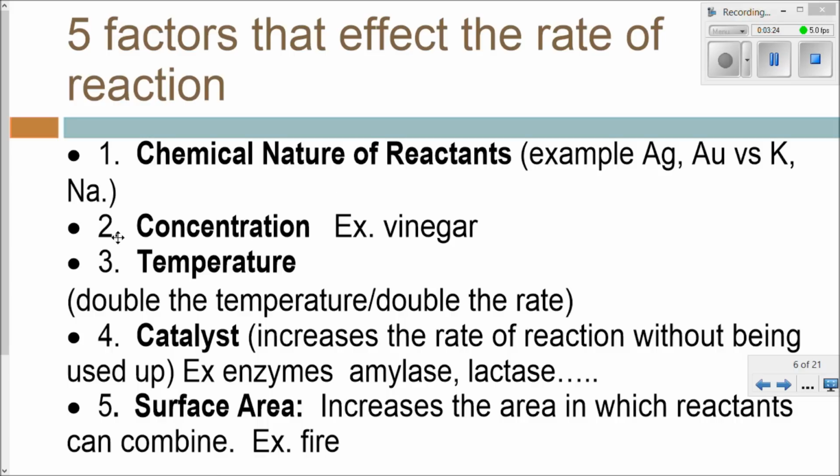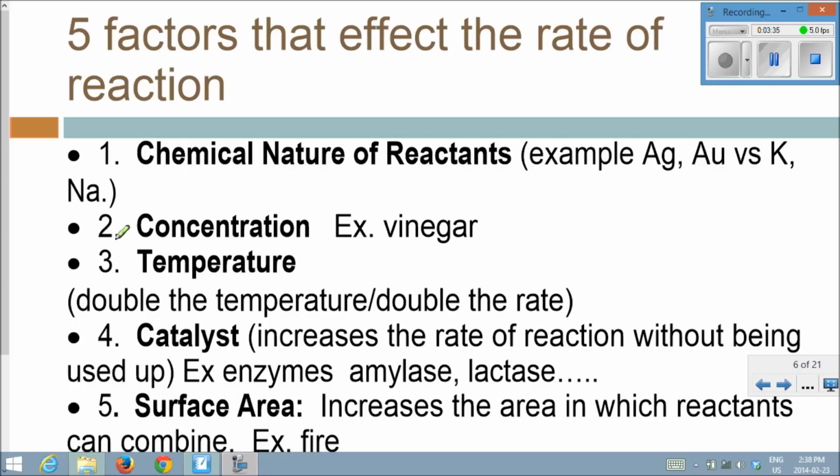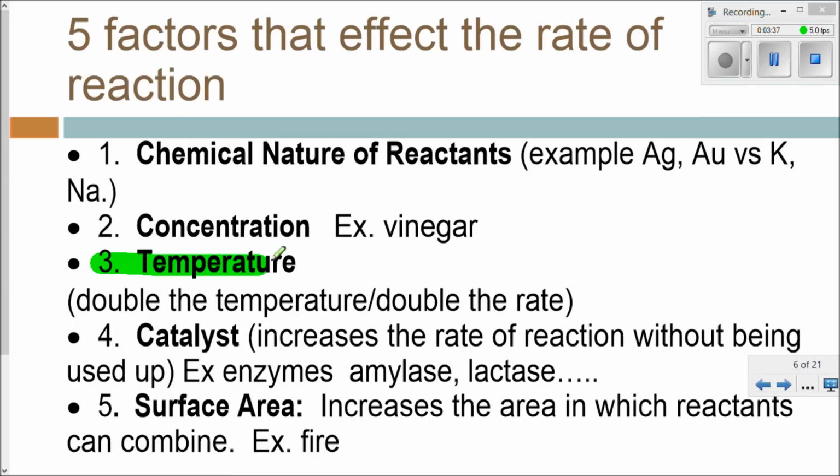We can also increase the concentration. So you increase the amount of things that run into each other, there's more likely to be collisions, more likely to be a reaction. Again, we've touched on this already, but if you increase the temperature, what you're going to do is increase how fast things are moving. They're more likely to hit each other more frequently, but also with a higher velocity. Temperature is kinetic energy, increasing kinetic energy, they move faster. So it turns out if you double the temperature in kelvins, you actually will double the rate of